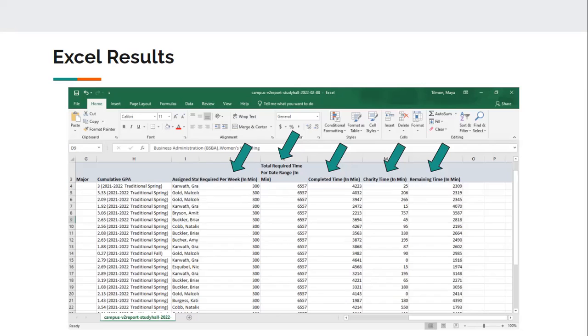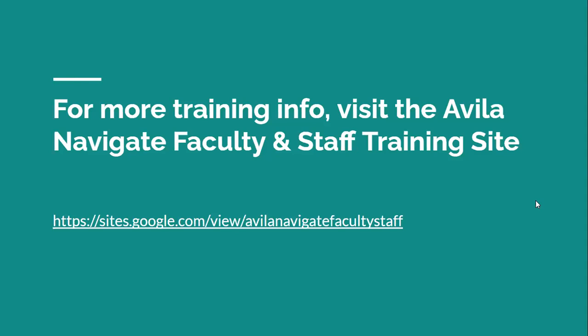So that is what it looks like once you export the results to an Excel sheet, and that's where you find it. If you have any additional questions on tracking study hall hours or just more information about Navigate itself,